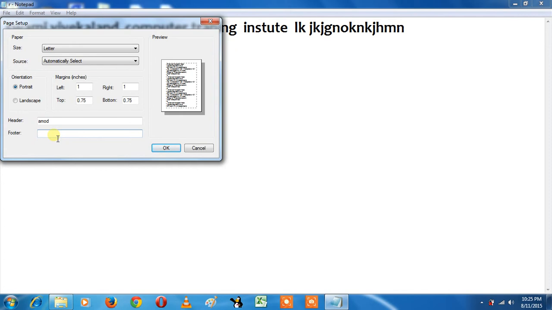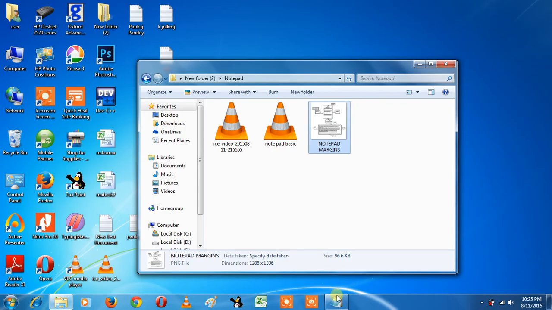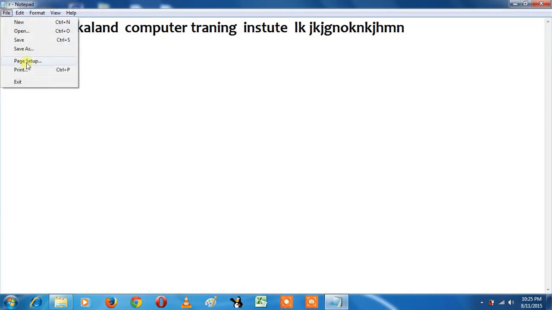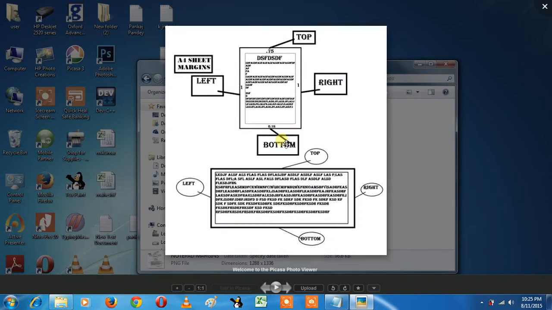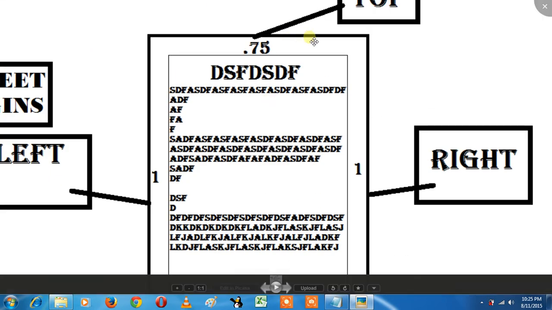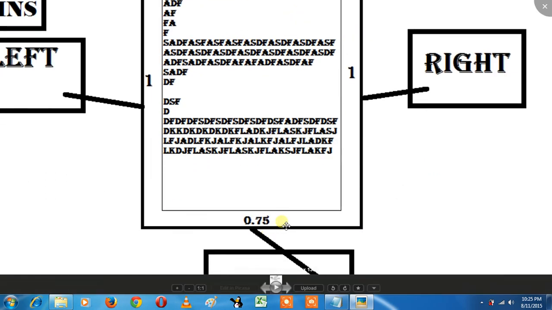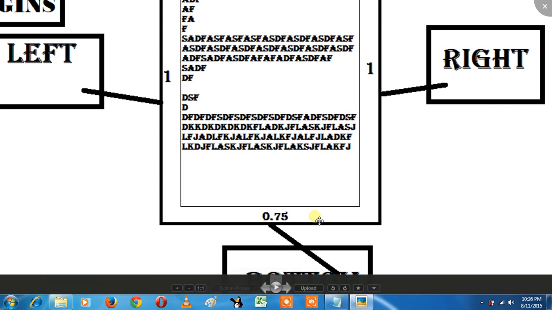Whatever you write, for example if we select U, it will come on the footer of the page. Okay friend, look at that, in page setup, this is your header. Whatever you type will come on the header, and whatever you type on the footer will come on the footer. Inside the margin, not in your page.